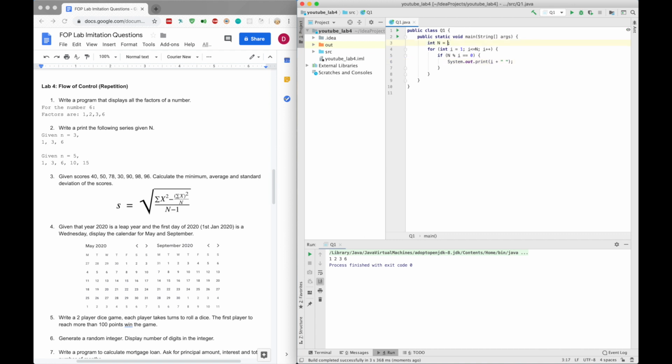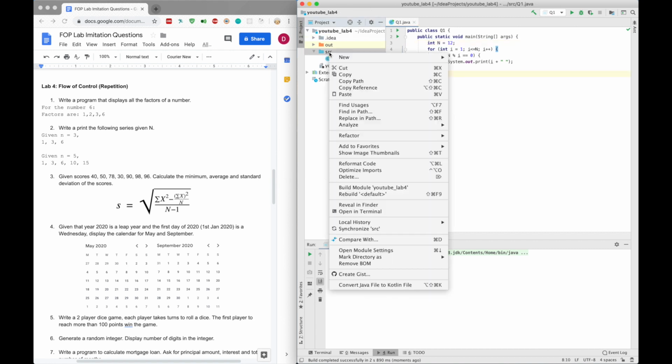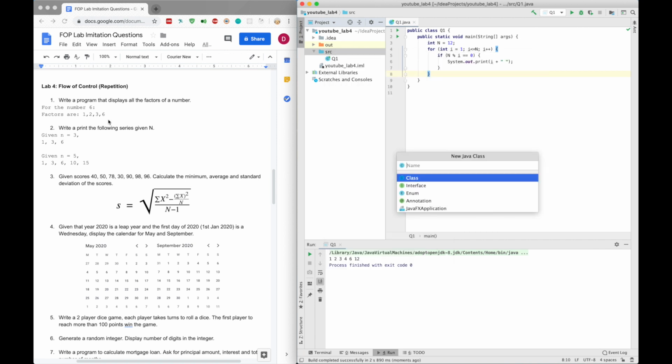So let's try to change this number to 12. And we are getting 1, 2, 3, 4, 6, and 12. That's it for question 1. We're going to move on to question 2,